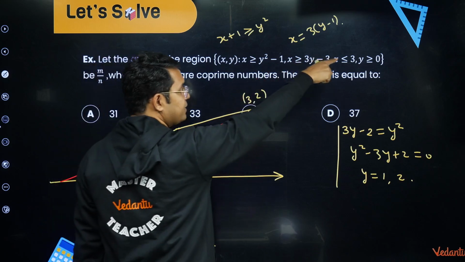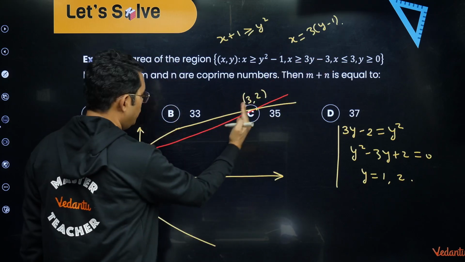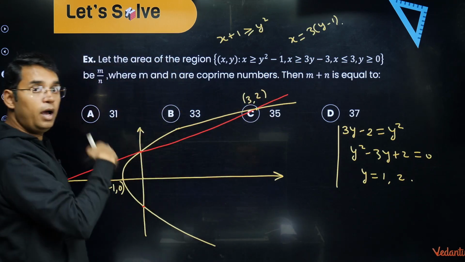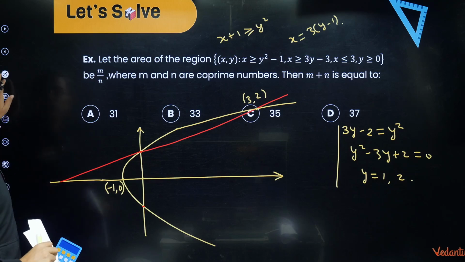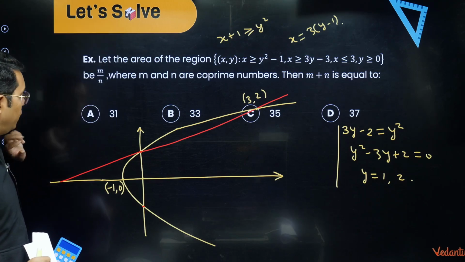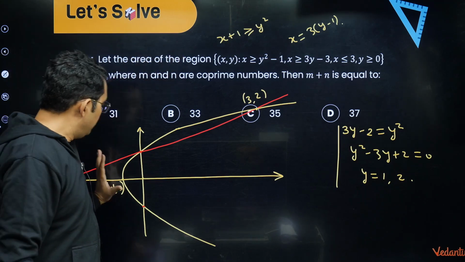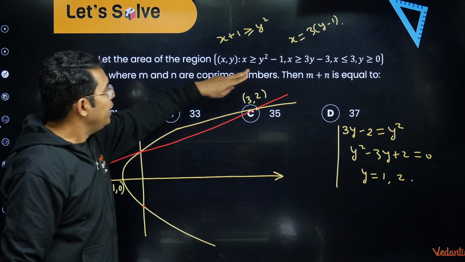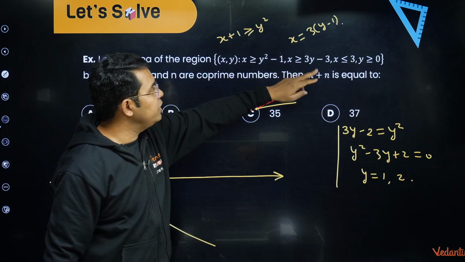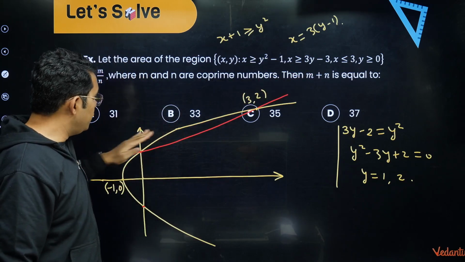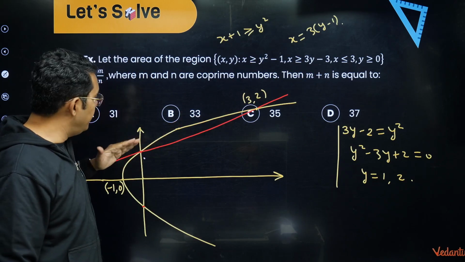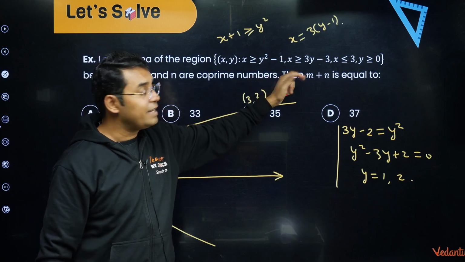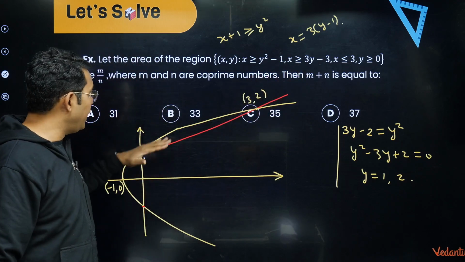And then they are saying x less than or equal to 3, so it should be on this side, and y greater than or equal to 0, that means it should be above. So overall, which area we are looking for, let's try to find out. So it should be this side. This should be inside of the parabola from this inequation. x greater than or equal to 3y minus 3. That means it should be lying on which side? Let us check. If I put 0, 0 here, 0, 0 is satisfying it. So the origin should be lying in that region.